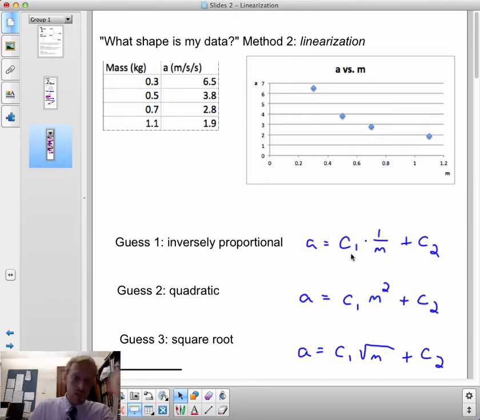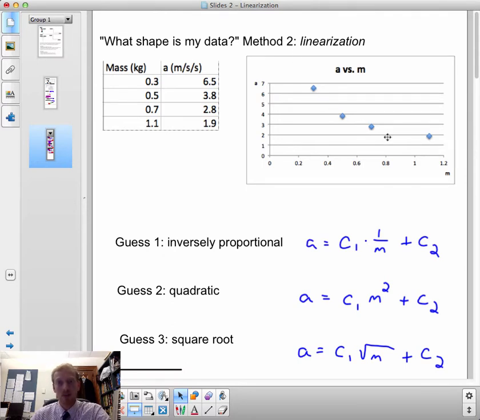Or maybe the relationship is that this is a parabola, that the acceleration is equal to some constant times the square of the mass plus another constant. Maybe that's not such a good idea because a parabola would suggest that the acceleration value would rise and rise for even greater mass, but it's a guess that we could have and that we will use a mathematical technique to check. Or maybe we think this is 1 minus that square root function,